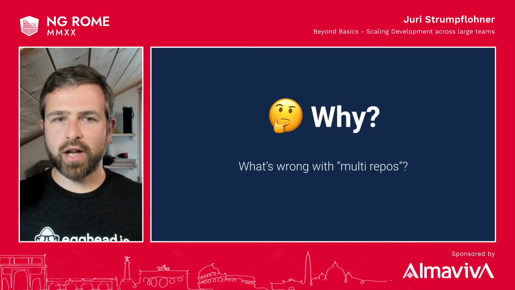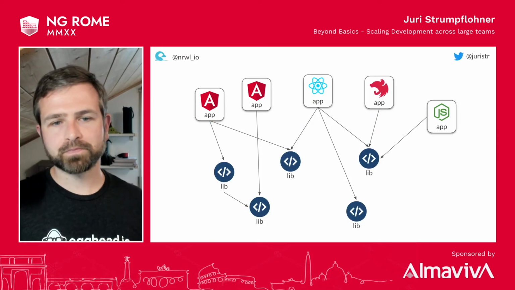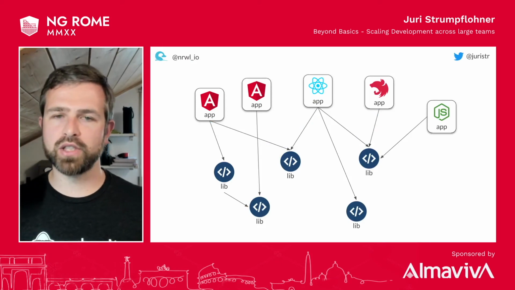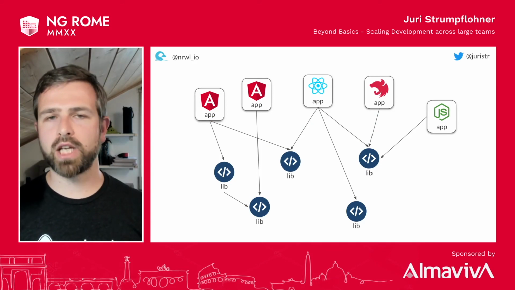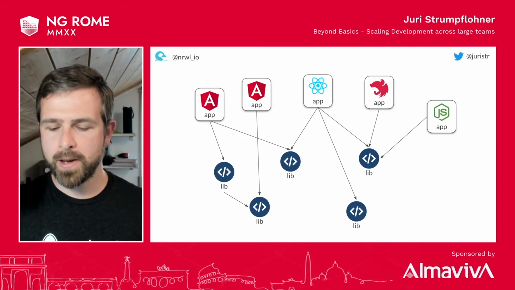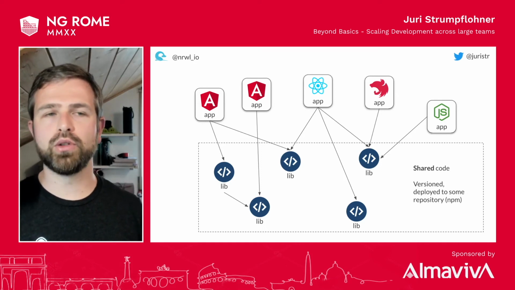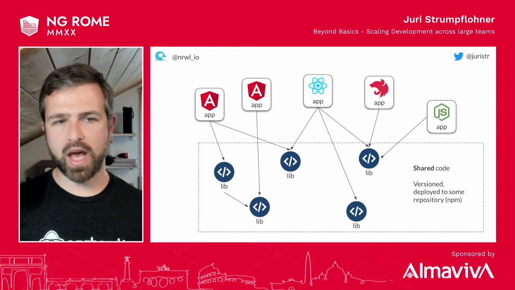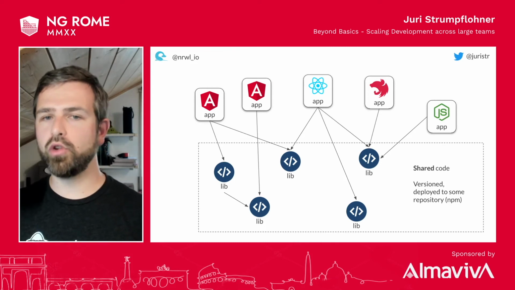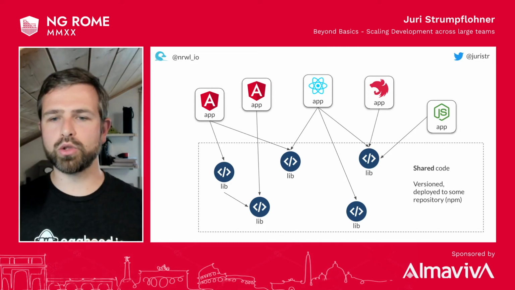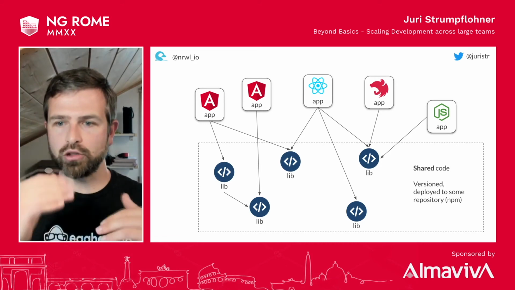So you might ask, what is actually wrong with multi-repos? Why should I use a monorepo, or why can't I just proceed with a multi-repo? Well, if you take a look at this structure, which you have seen before, we have a couple of Angular applications, some React applications, backend applications as well, which all use those libraries. The code below here would be the shared code, which in a multi-repo would have to live as independent NPM packages. So you would have to set up some kind of internal artifactory or NPM registry, publish it there, but you also have to version it. Now, if your applications depend on all those parts, you have to be very precise with the versioning and with backwards compatibility, as well as with potential conflicts, right?